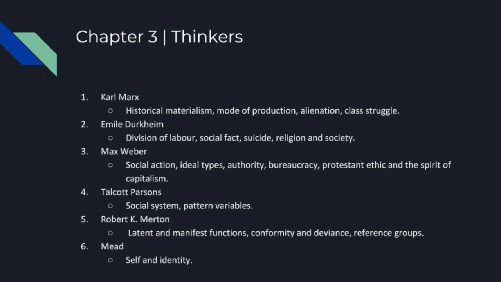Then we will study Talcott Parsons. So these are some of the contemporary thinkers, contemporary as in the 1950s. So Talcott Parsons was also a functionalist. Same with Robert Merton. Robert Merton was a student of Parsons. He somewhat modified Parsons' theory, right? So what Parsons thought of was, he constructed a theory in which the society controls the free will of the people, right? So if you think that you're free to do anything, I'm very sorry to tell you, according to Parsons, all your choices are constrained by society. So you're not as free as you think you are.